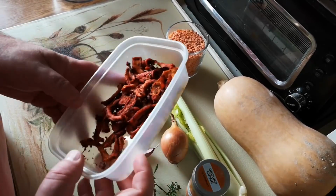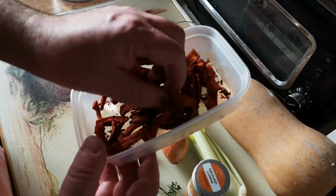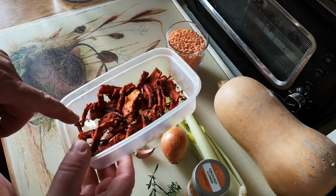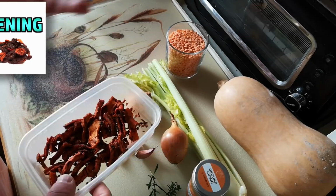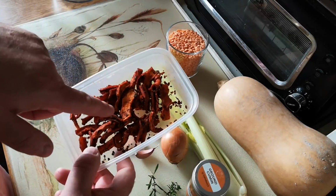I've got the rest of these dried vegetables, mostly dried carrot, but a few bits of dried butternut squash in there. This is the kind of losers from the veggie jerky video. I'm going to use that up today. I'm going to make a kind of spicy lentil soup, and this is going to provide some of the flavour